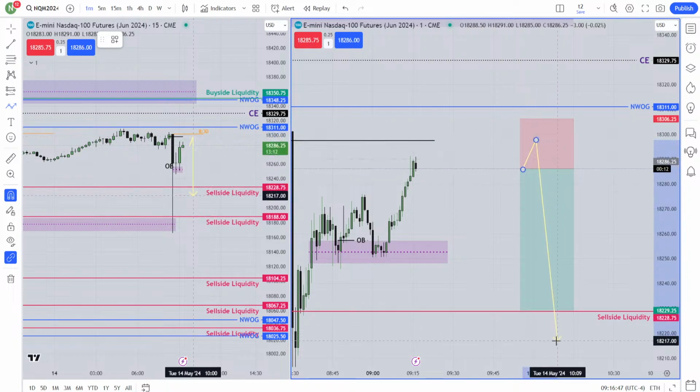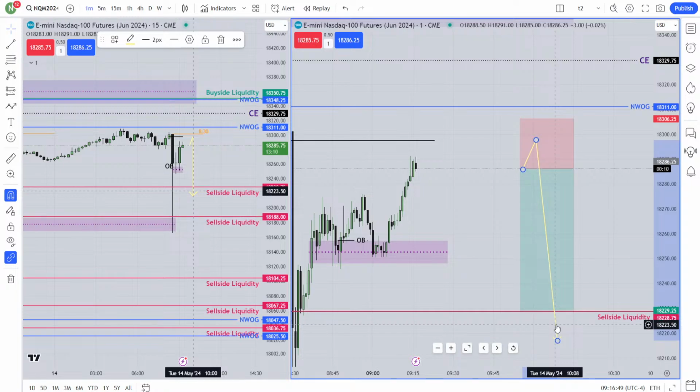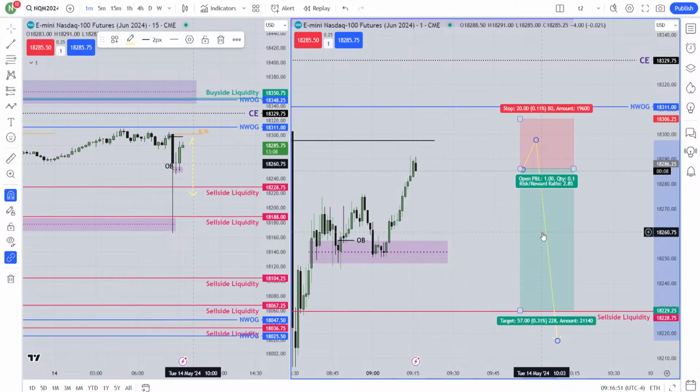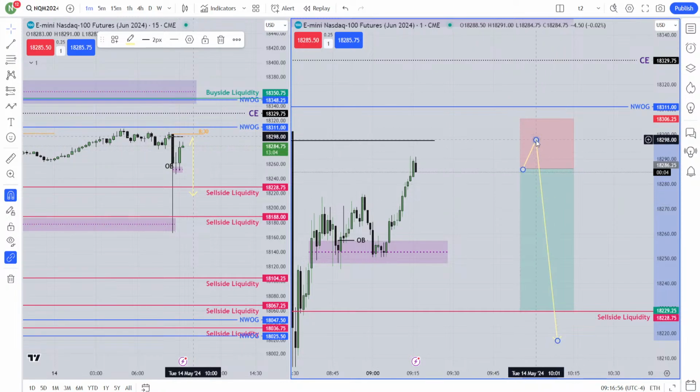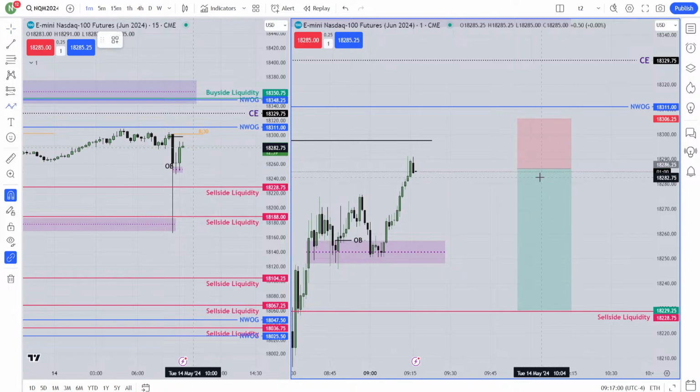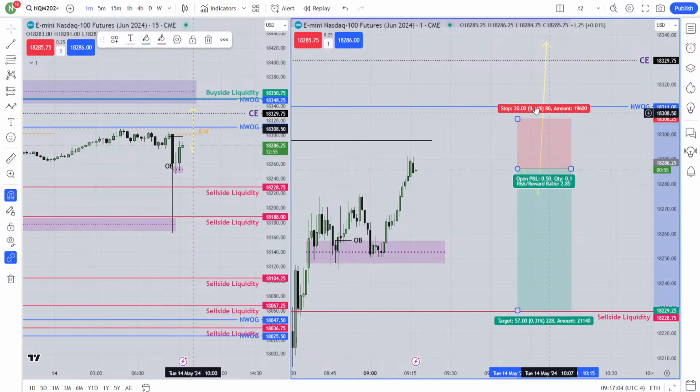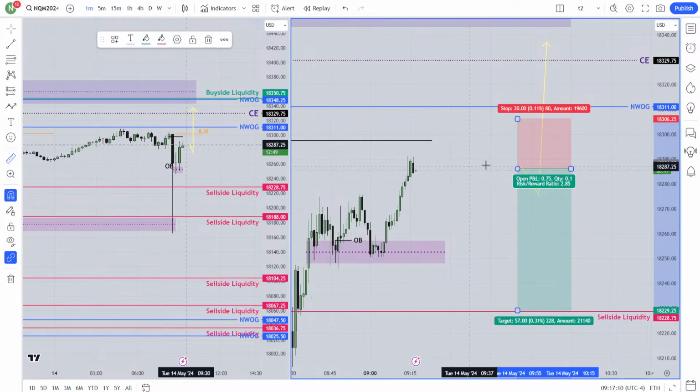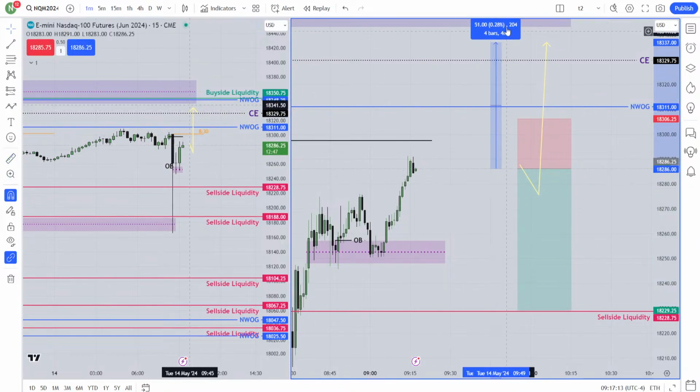If you're right, that is the run toward the CPI. You are profitable. Maybe you will be able to get 100, 200 handle, no problem. If you are wrong, maybe the real move happened against your target. So this way, 20 handle is your stop loss, but trust me, you will take at least near about 50 handle.